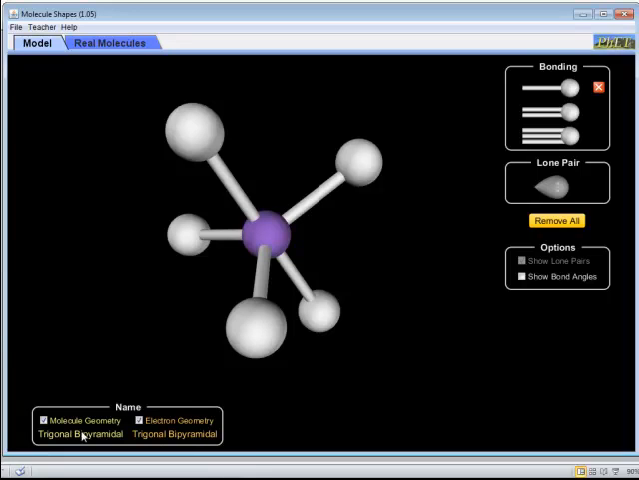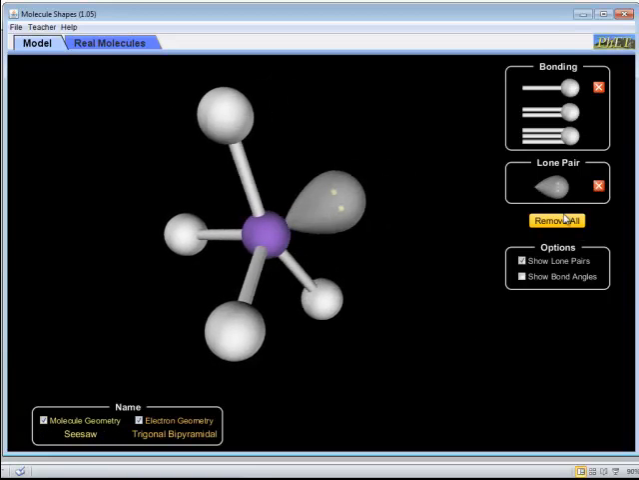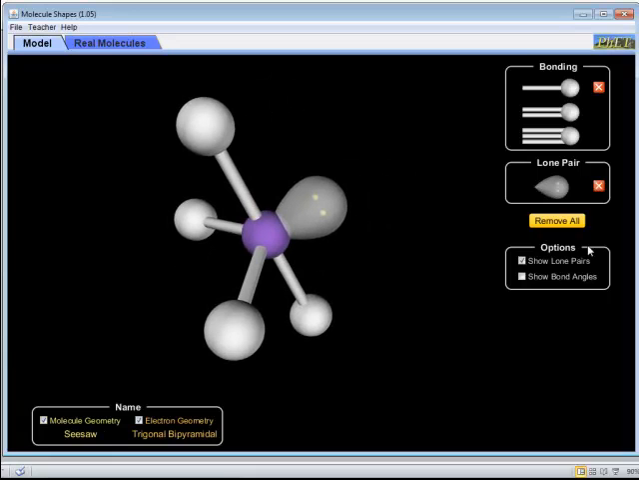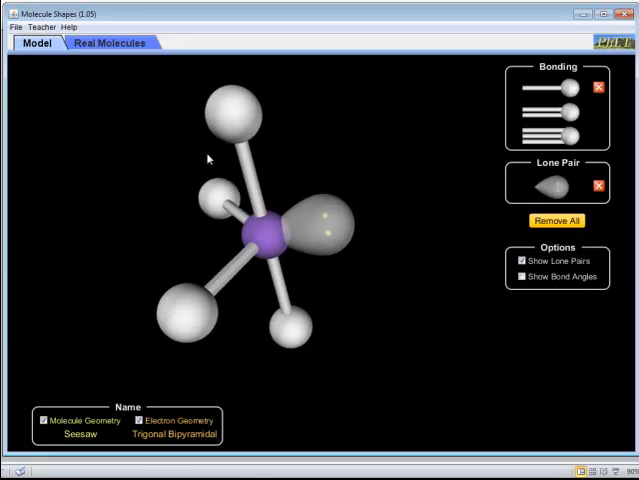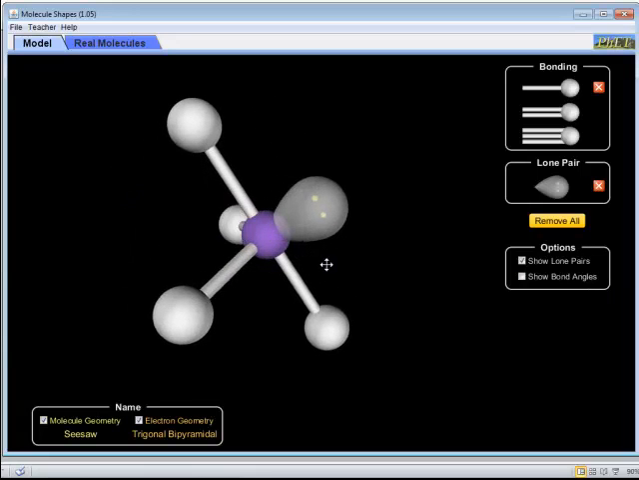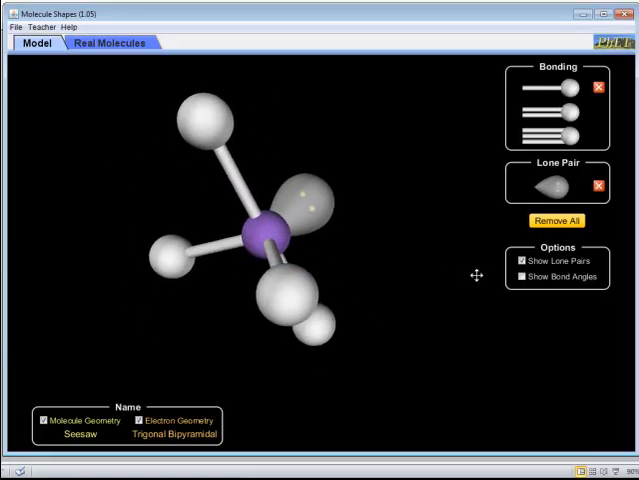Electron geometry and also the molecular geometry, they are the same: trigonal pyramid. But if we take away one, and now we're putting another one, and this one is a rather strange shape. One thing you can see by manipulating it is that it looks like